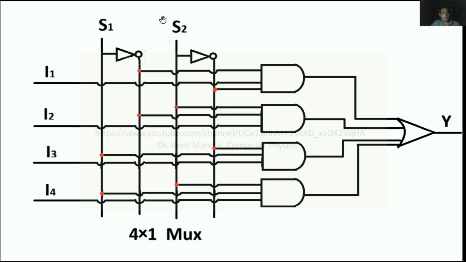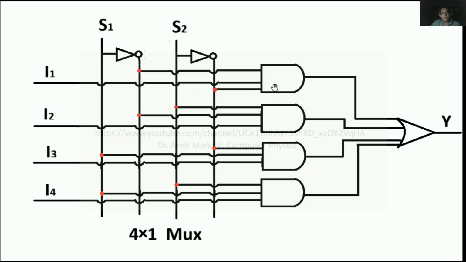So these S1 and S2 can be 0 or 1. The S1 line is this, and a NOT gate is applied, so the output of the NOT gate will be S1 NOT. So the S1 line is this and S1 NOT is this. Similarly, the S2 line is this, and S2 NOT is this. Now you can see that for these AND gates, in case I take the first one,